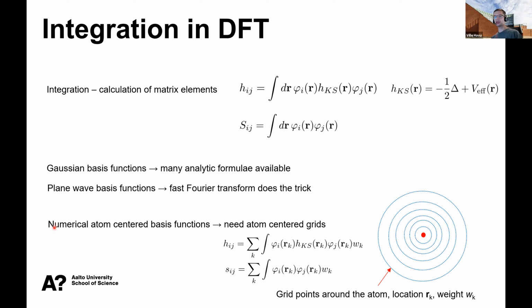But as in our case, we have numerical atom-centered basis functions, or actually basis functions that don't necessarily have an analytic form. We need to do the classical or the basic integration, which just means we do numerical integration, where the integration reduces into summation. Oops, there's a misprint. There should be just a summation, not the integral sign here, of course. My apologies. So the idea is that the integration here reduces into summation over some grid points in the space